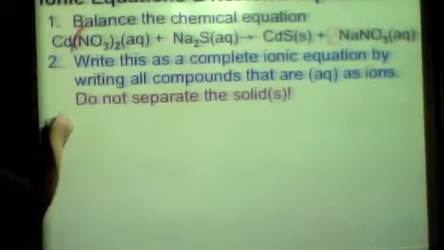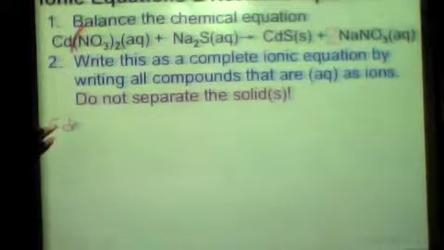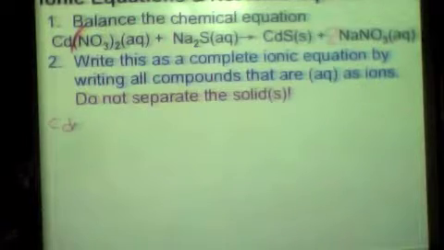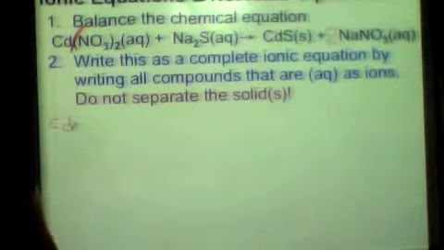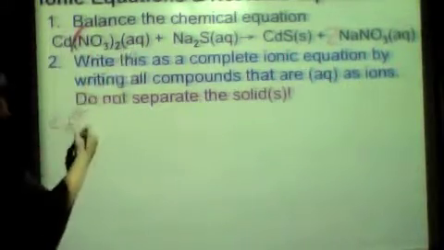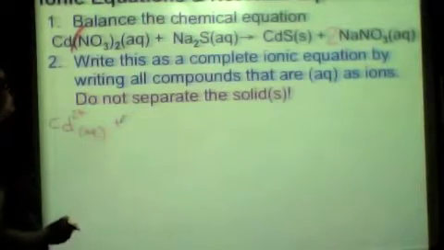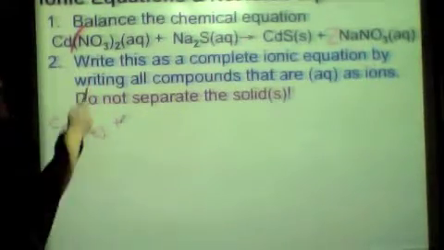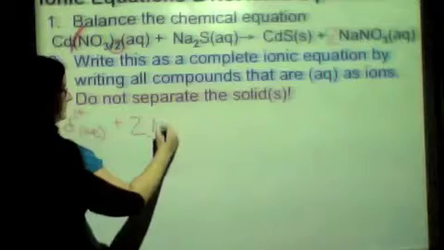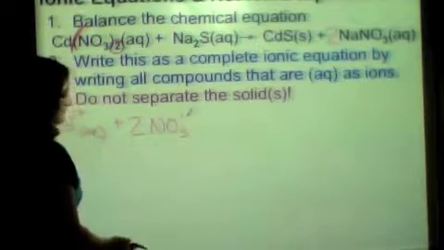Cadmium is Cd, and you need to have three things written: the element symbol, the charge, and the state that it's in. Cadmium is one of those six exceptions where we know the charge. So cadmium has a charge of 2+, and the whole compound is aqueous, so cadmium is aqueous. Plus, how many nitrates do we have? 2, so all these subscripts are going to become coefficients. So you're going to write 2 NO3, which has a charge of 1-, and it is